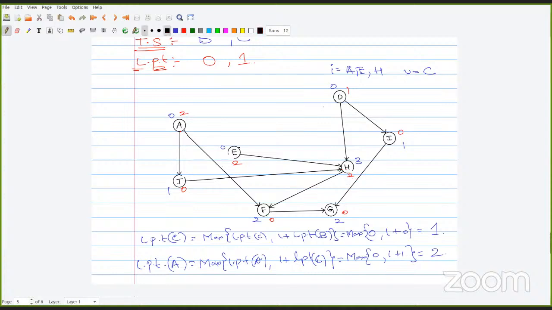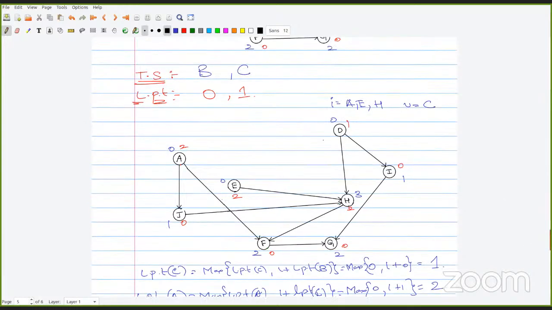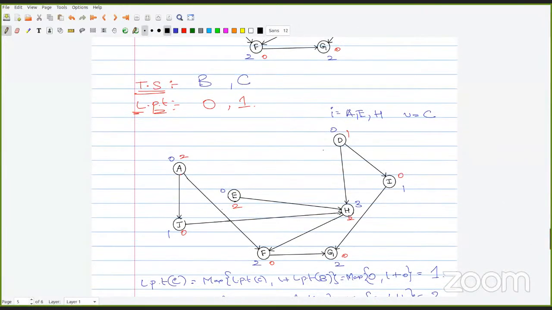So now which vertex are we going to take? There are now 3 vertices which have in degree 0. And as we mentioned, we are going by alphabetical order. So there are A, D and E. Alphabetically A comes first. So we are going to remove A and we are going to give the number, the longest path to A. While we are removing it, it is 2. So we'll give it 2. And we are going to remove A